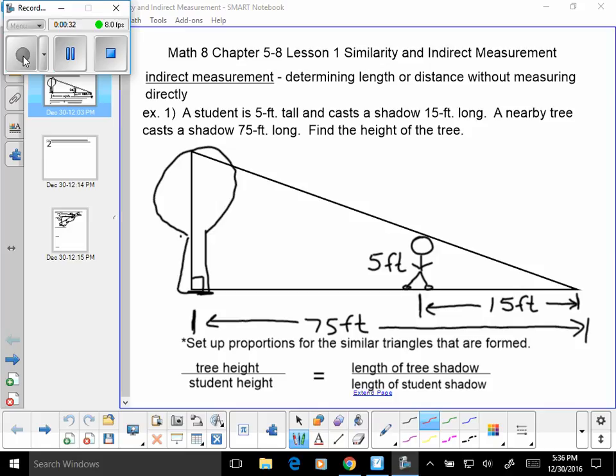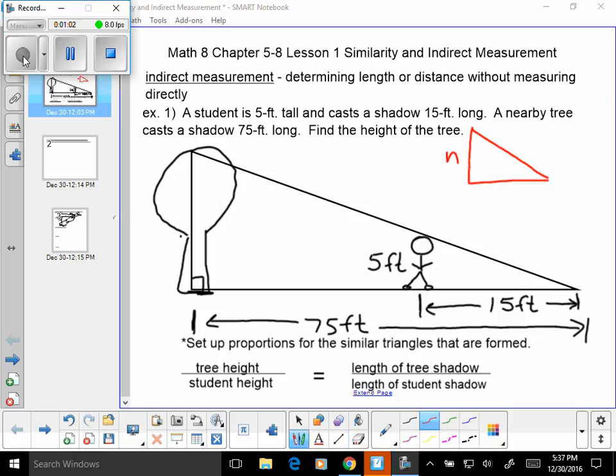So in example 1, we have a student who is 5 feet tall, casting a shadow that is 15 feet long. A nearby tree casts a shadow that is 75 feet long. We need to find the height of the tree. Now, some people find this particular diagram rather confusing, so I encourage them to go ahead and draw their own and say, all right, the tree is going to make a right triangle